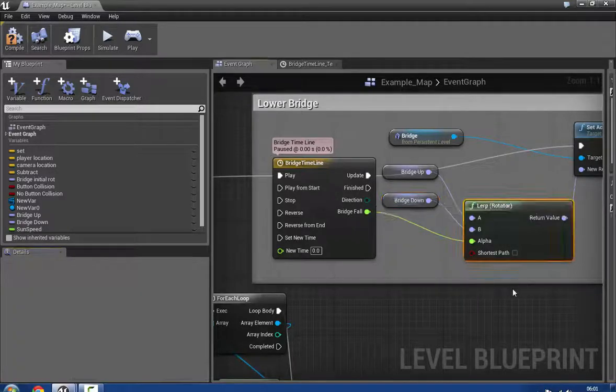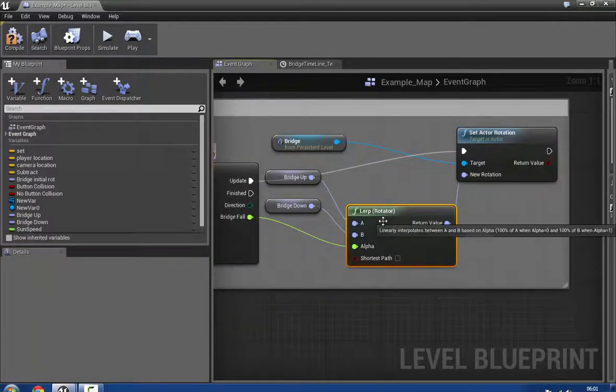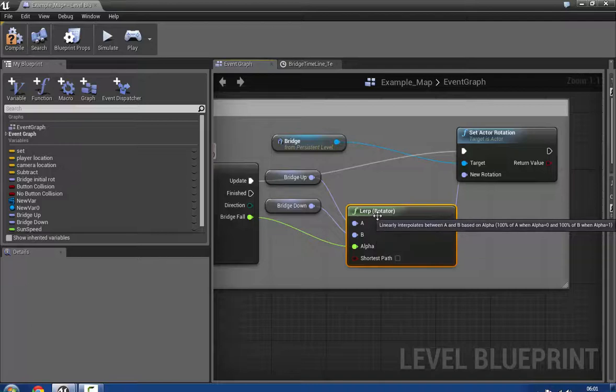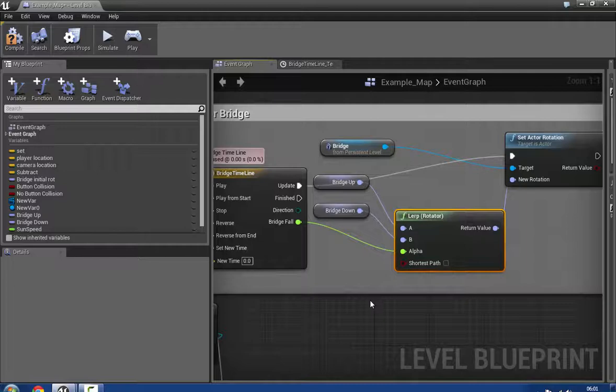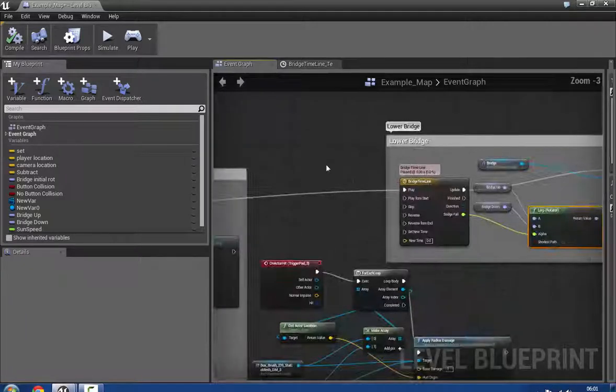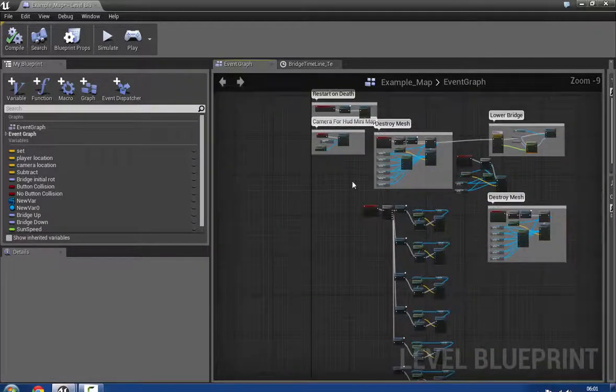Okay, so that's set into a linear interpolate rotator, or a lerp rot, set up to channel A and B, and that then returns values into the set actor rotation, which allows us to animate the bridge from being vertically up to lowered down. I'm just going to compile all that again for some reason. And finally, I will show you